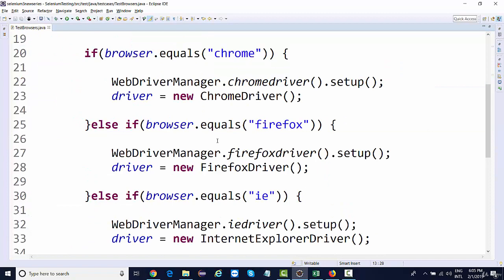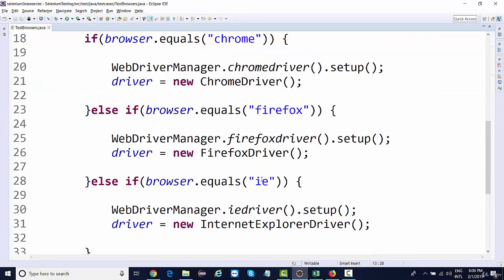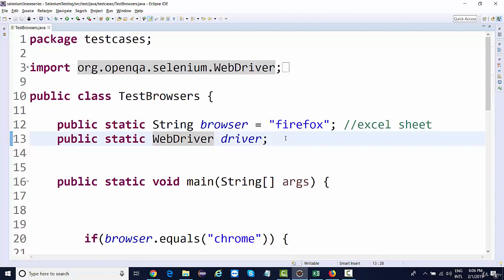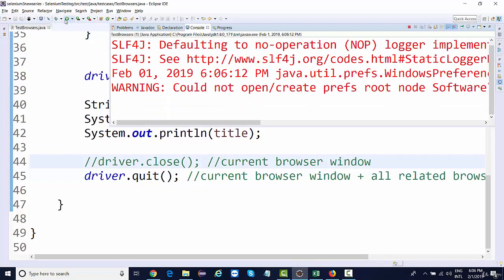Now we can say WebDriver driver equal to new Chrome driver, new Firefox driver, new IE driver, and whichever value you have given over here. If you give Firefox, let me comment out this close, otherwise it may error out. If you give Firefox and run this, the code should start working on Firefox first.